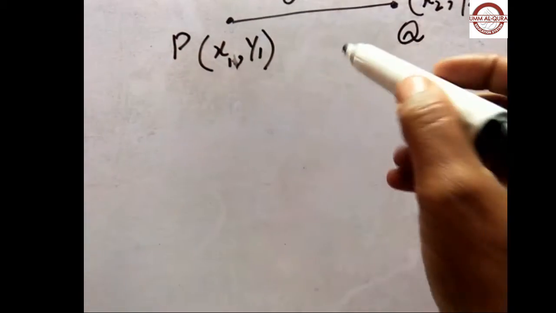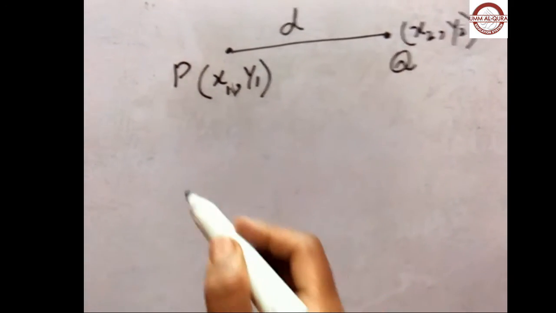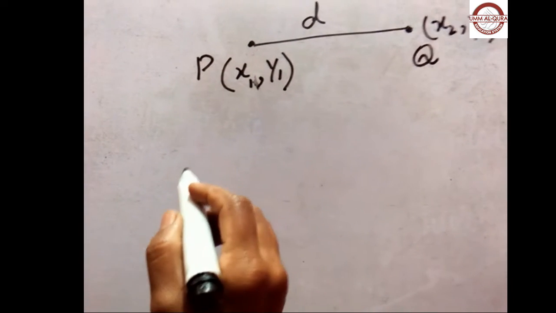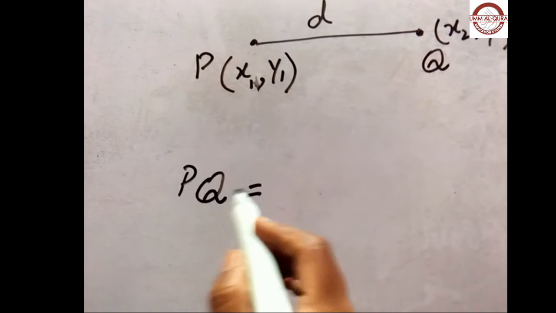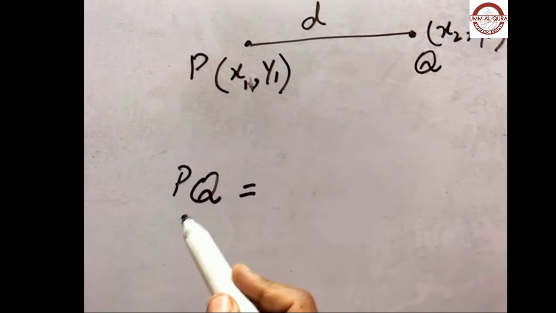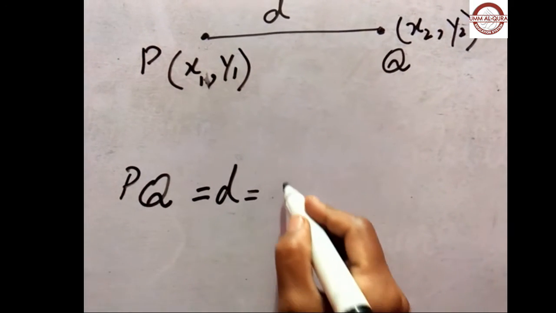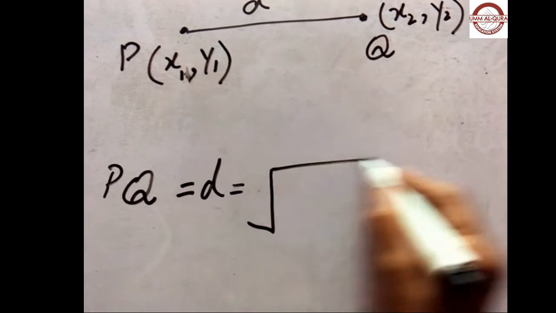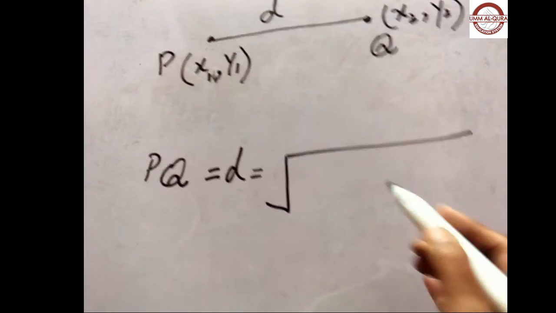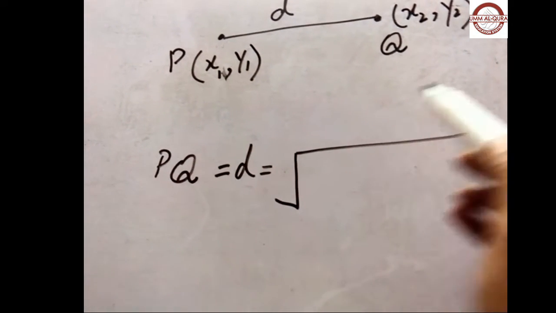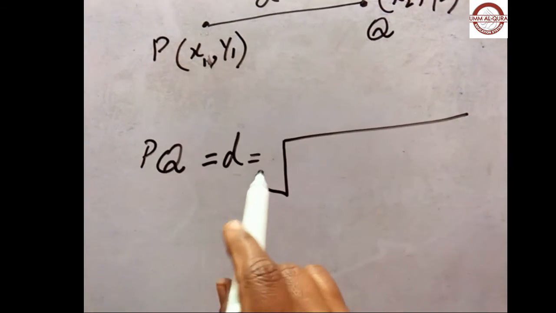Now we will find the distance between these 2 points using a formula known as the distance formula. We will write here PQ. PQ means these are 2 points, and we are finding the distance between 2 points P and Q. We can write it as D like this. We will write here under root, square root. Here we put the coordinates like this. The formula for finding the distance PQ will be equal to